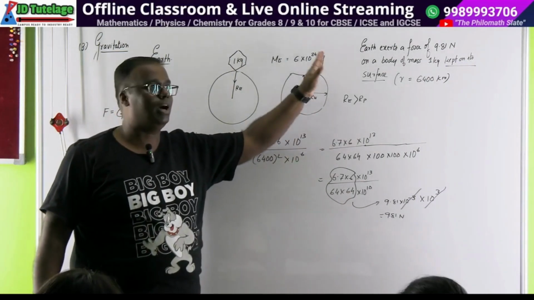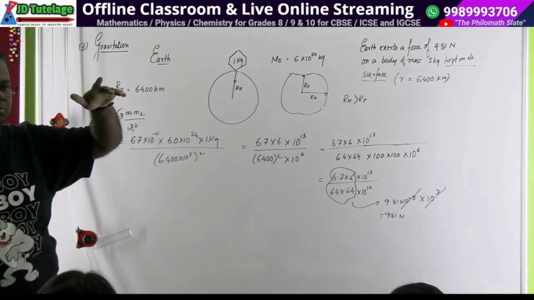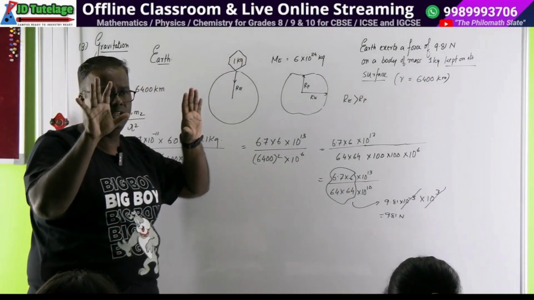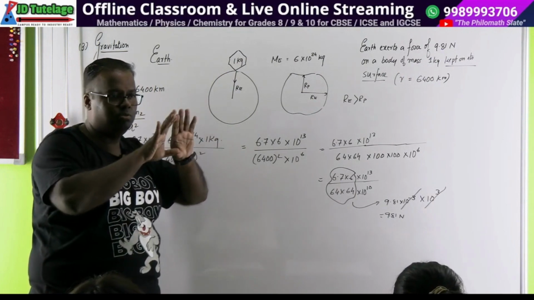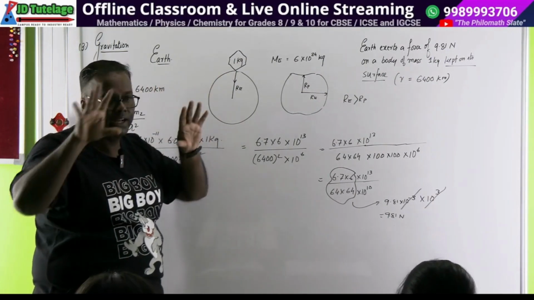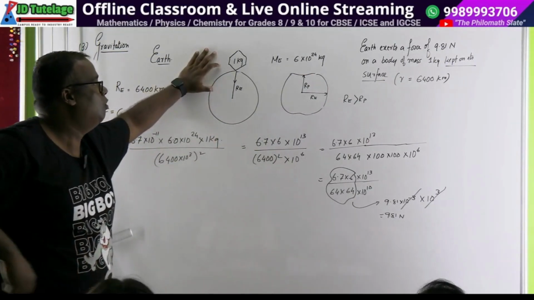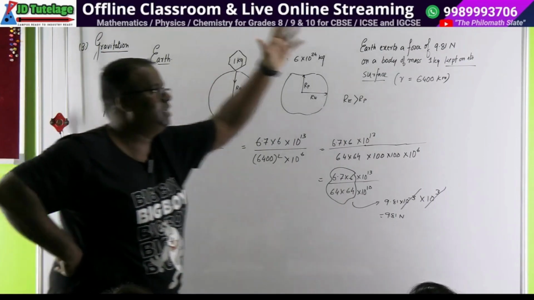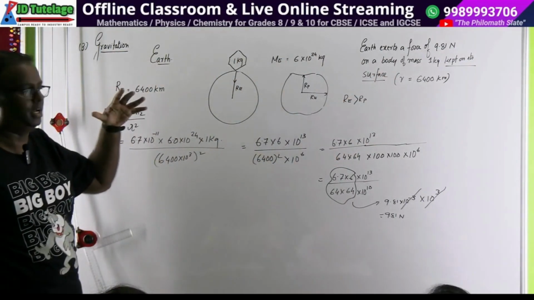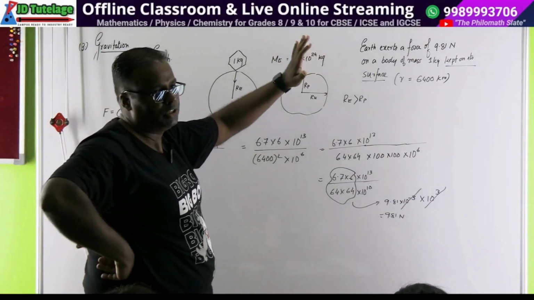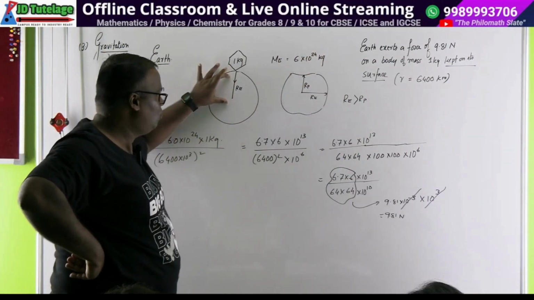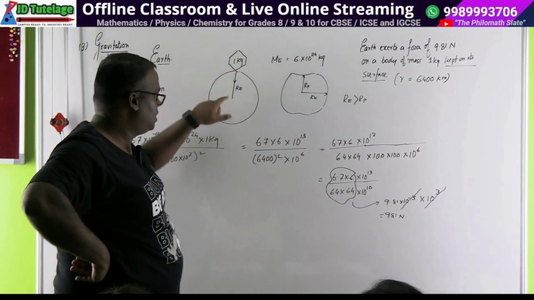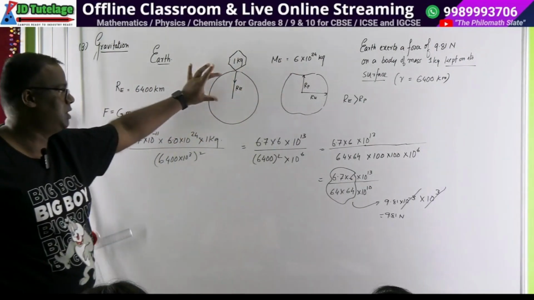Ye 9.81. Toh aaj yahan tak rokenge, lekin rokenge bolte kitab band mat karo, suno pehle. So far we studied about force between two bodies. Bahut saara liya humne, experiment kiya. Earth and moon, we did boyfriend girlfriend, we did duck and ant. Last mein we tried to see what is the force, because we are at the end selfish. We want to see everything that is happening on earth. So gravitation se aa gaye hum gravity mein, apne ghar pe aa gaye. And restaurant ka noodles bahut kha liya, abhi ghar ka noodles hai. So we want to see what is the force exerted by earth on a body of 1 kg kept on its surface. So we take its mass, take the mass of the earth, 6 into 10⁻24, distance of separation is